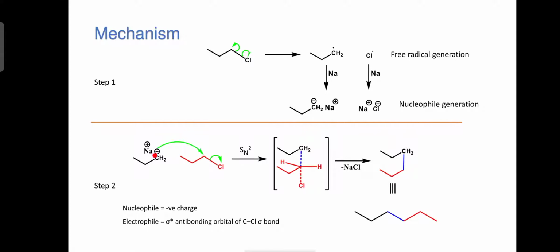So the negative charge of this CH2 acts as a nucleophile and attacks the sigma star anti-bonding orbital of this sigma bond. One new bond starts to form between this negatively charged carbon atom and this chloro group containing carbon atom, and the two electrons from this sigma bond start to move to the chloro group, and an SN2 reaction takes place. You know about the SN2 reaction: the leaving group starts to leave, and the attacking nucleophile starts to form a new chemical bond between this carbon atom and this carbon atom.